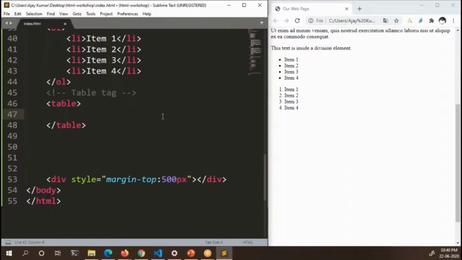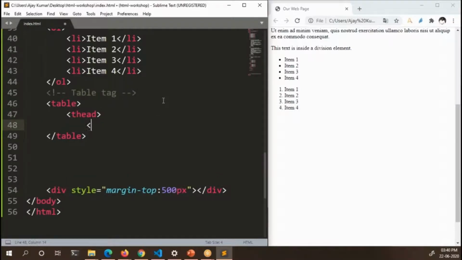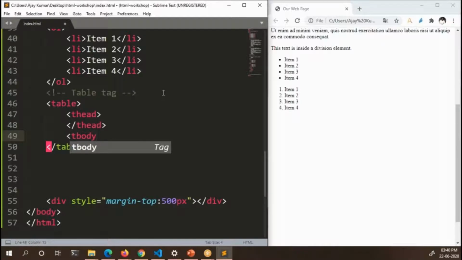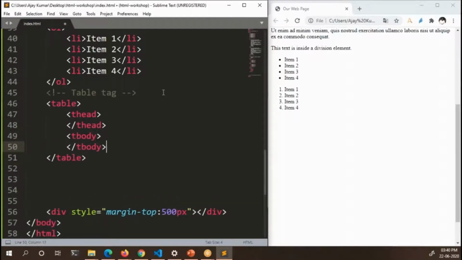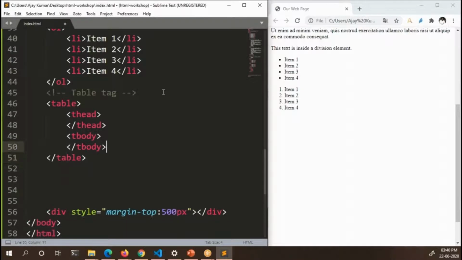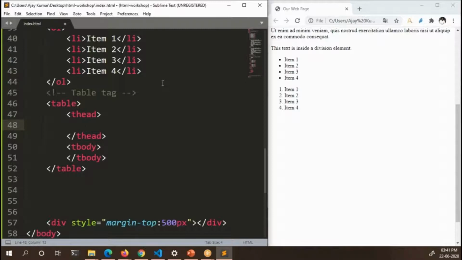The table contains three parts: header, body, and footer, represented with thead, the table header part, then tbody, which is the table body. We'll leave the table footer for now.